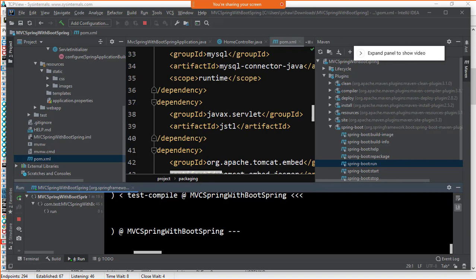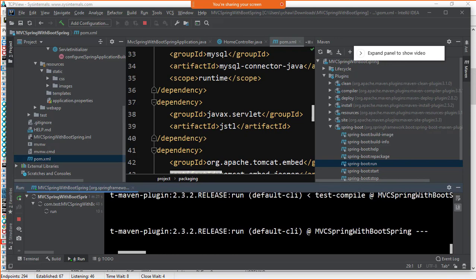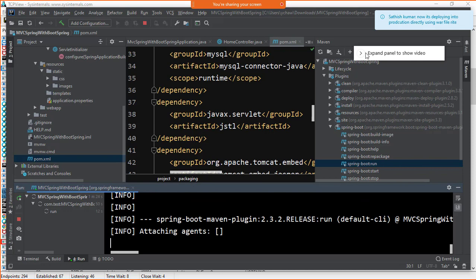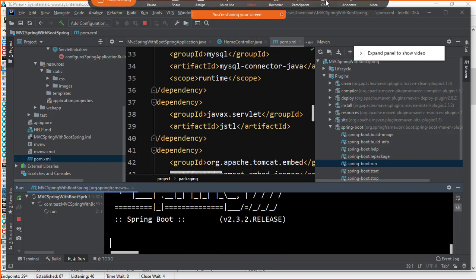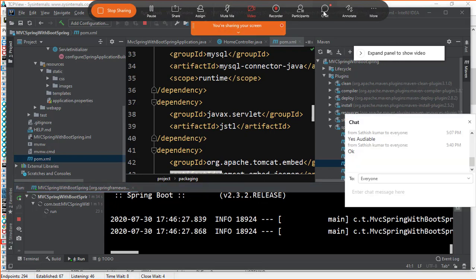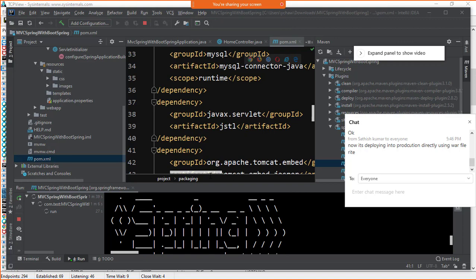Right? So we need to take a minute. Now it is deploying into production directly using the war file, right? Absolutely right. Now it is deploying the war file directly on the server, using the war file, which this will only create.